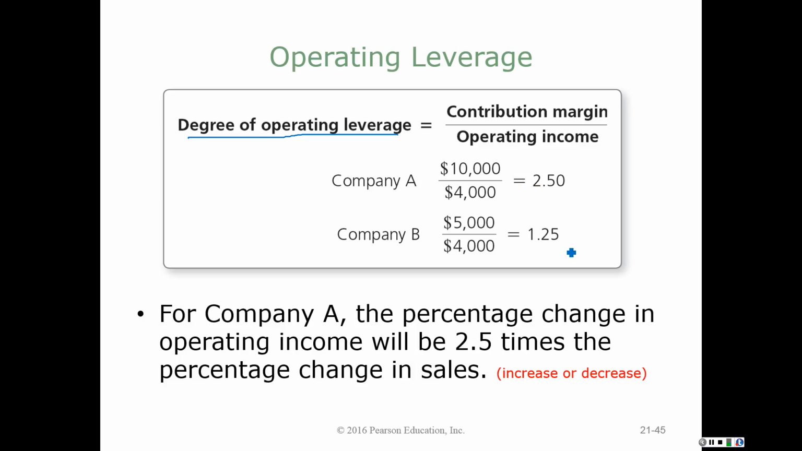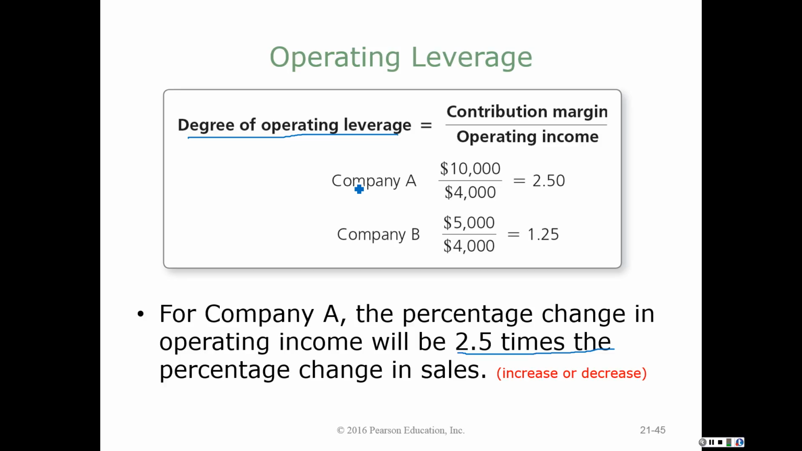For company B, it's 1.25 times. So what this tells us is that for company A, the change in my operating income will be 2.5 times the change in sales. Remember, company A is very highly leveraged. And so if sales increase, then their net income would increase. So it's telling you that if my sales increase, my operating income would increase 2.5 times